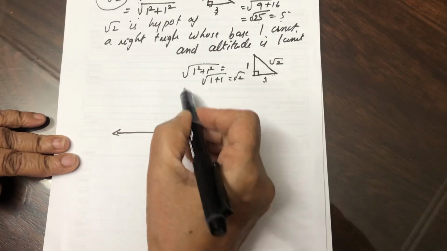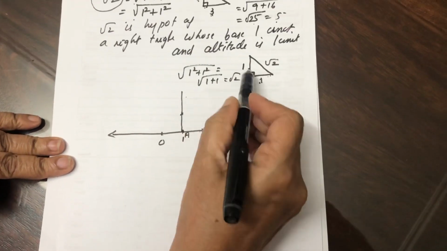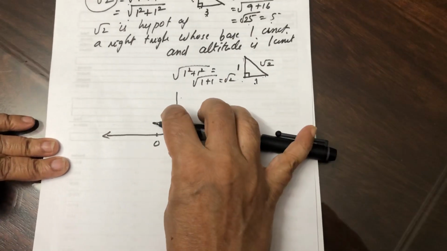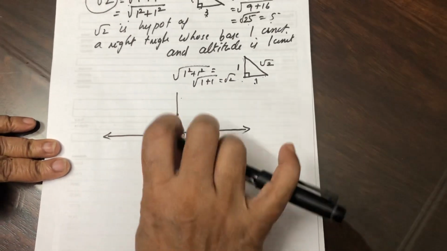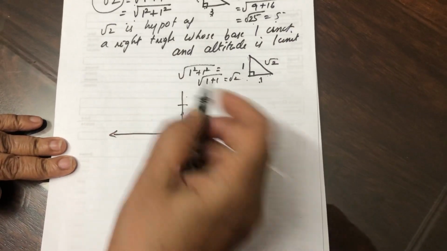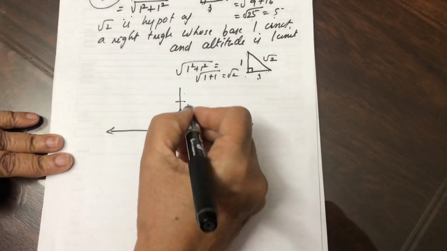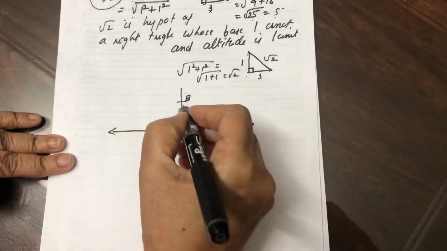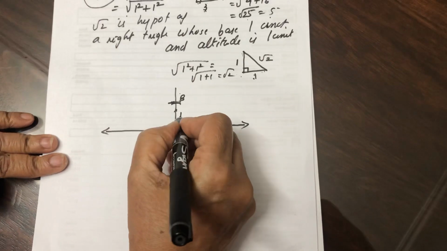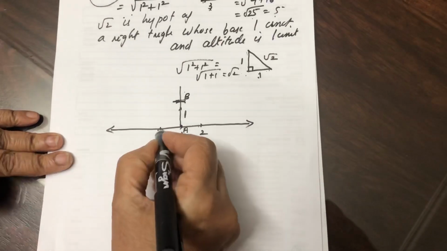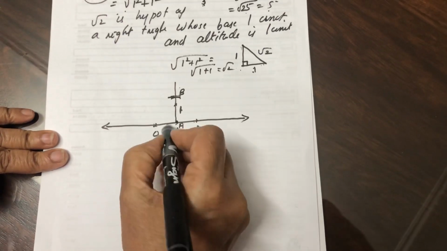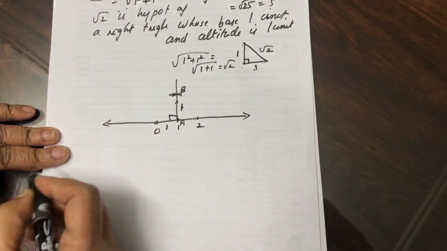And on this perpendicular you have to make 1 unit. That is, you keep your compass here, 0 to A, then with A as center you mark an arc. That means this OA should be equal to AB, that is, this is also 1 unit. Then this is 1 unit, perpendicular is also 1 unit. This is a 90 degree angle.